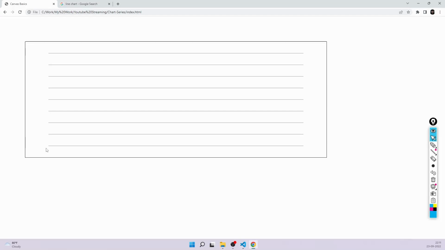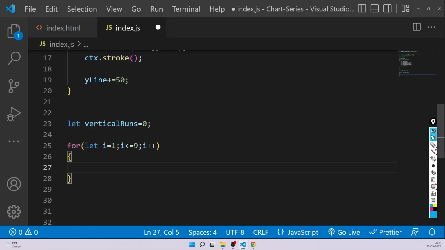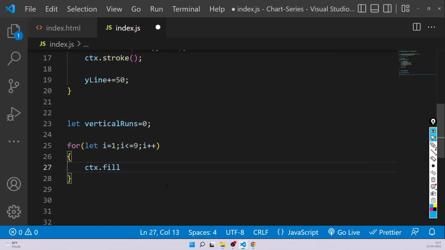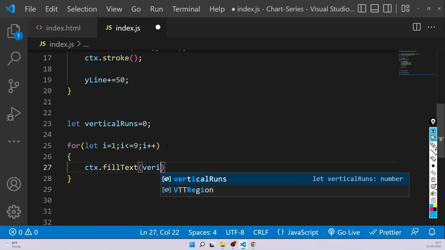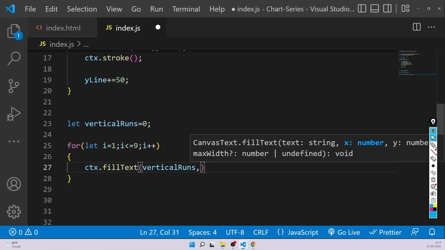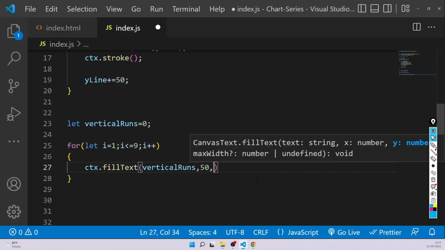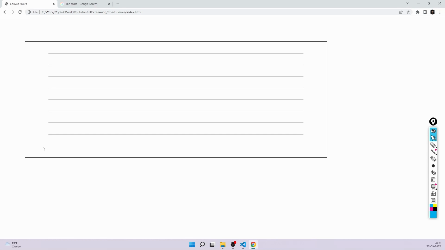So if this is 100, and if I want to draw here, it can be like 50 on x. So here I want to write text. Remember, guys, I don't want to draw a line. I want to write text. So ctx dot fillText. What do you want to fill? I want to fill this vertical runs. So vertical runs I want to fill. And what is the x coordinate? I can keep it 50 fixed. What is the y coordinate? And that will keep changing. Initially it will be 450 because this is 450. Then it will be,